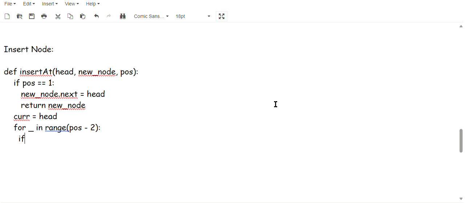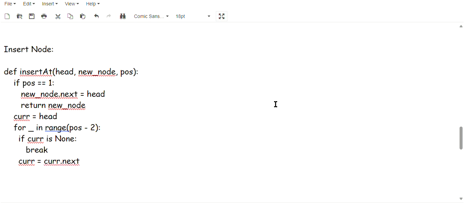If current is None, then what I have to do? Break. If it is not None, then current equals current.next